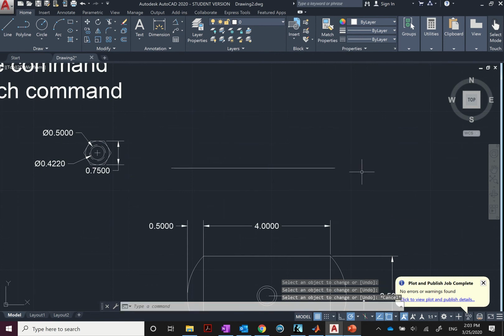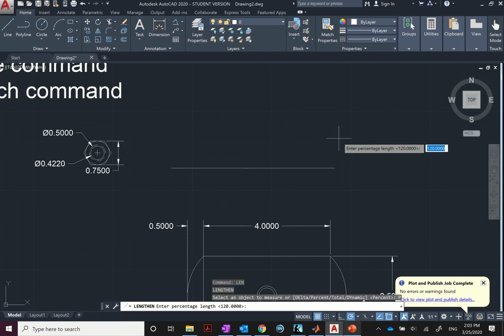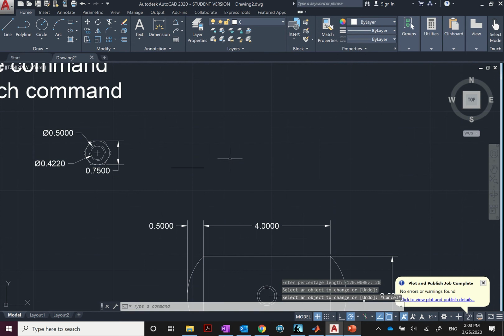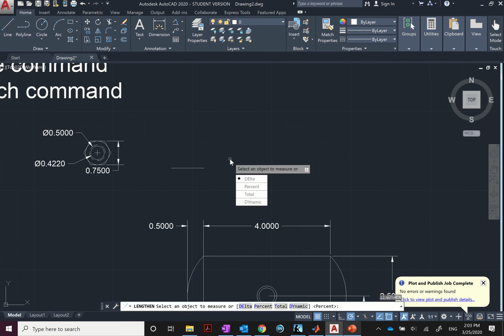Or there's another option if you want to decrease the length by 20%. Then you pick percentage and make it 20%, and then you're left with 20% of that length. That's one option. Another option, if you lengthen, is you can pick a delta, which lets you increase length,